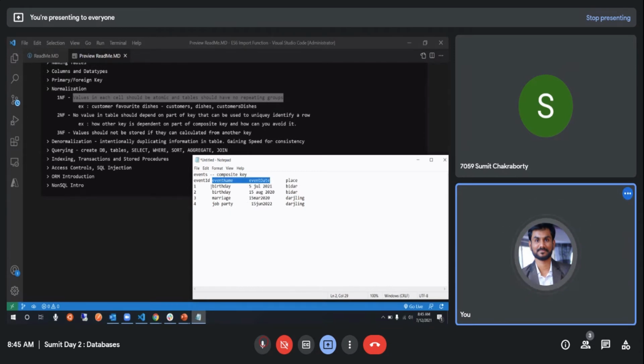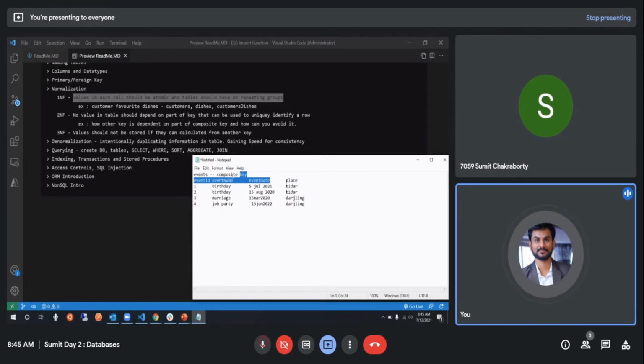This is supposed to be unique, but what is unique is part of it, which is birthday. Birthday is always happening at Bidar. I'm not saying birthday on 5th July is happening at Bidar. I'm saying birthday itself is unique. No matter which day, it's always happening in Bidar.